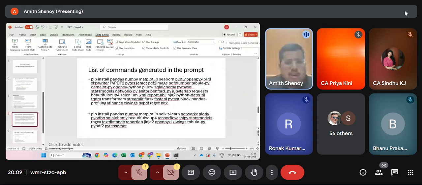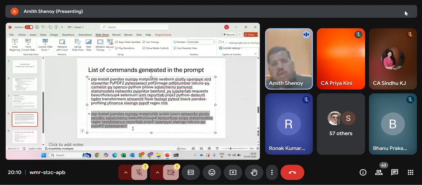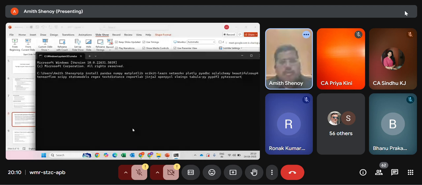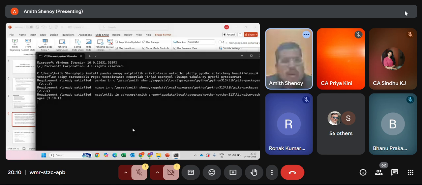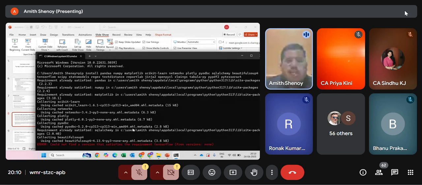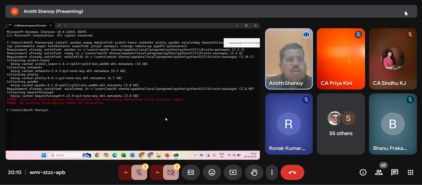So here, for example, these are the libraries which GPT has suggested. So these libraries I will go and put here. Then I will press enter. It will say this is already there, this I am downloading, this new version is not there, leave it like that. Then once everything is done, it says successfully completed.